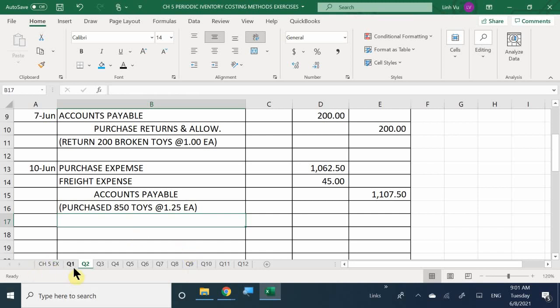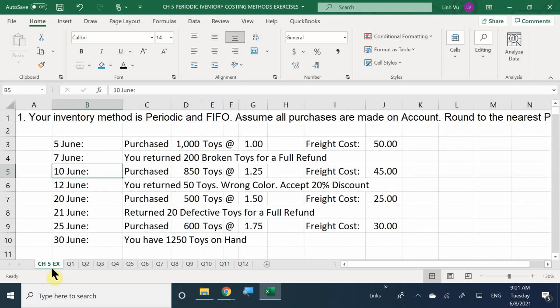All right, so let's go back to our scenario. So then what happened on June 12th? June 12th, you returned 50 toys because it was the wrong color and accepted a 20% discount. Okay. So somehow the vendor said, well, you purchased these toys, I'm so sorry that we sent you the wrong color, but somehow they convinced us to keep the toys and also give us a 20% discount to kind of make up for their mistake. I'm sorry for sending you the wrong items, but I'll give you a 20% discount, kind of